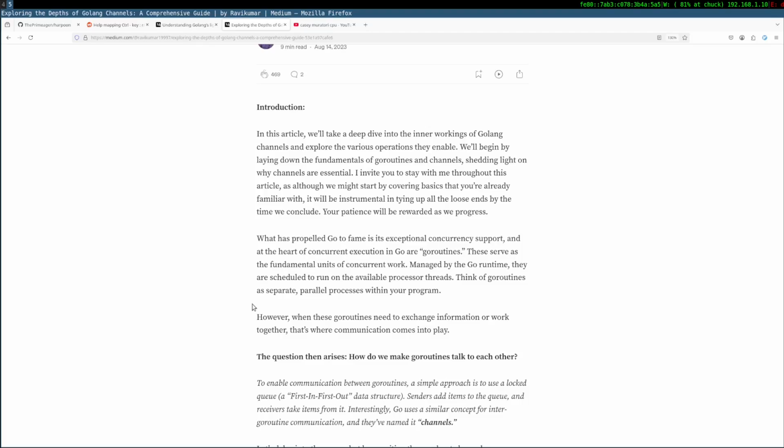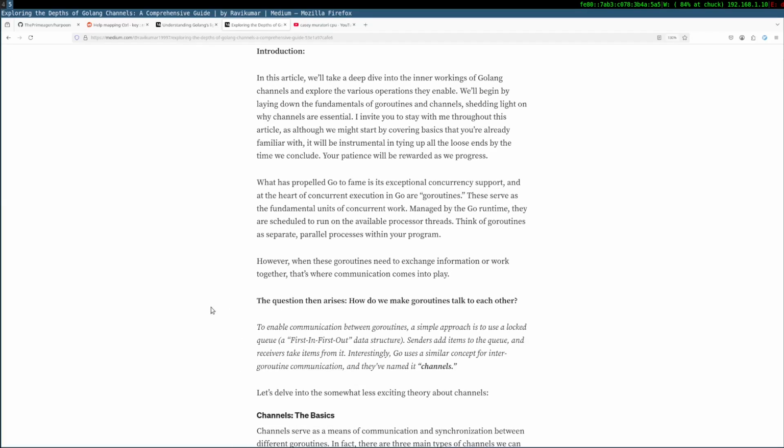However, when Go routines need to exchange information or work together, that's where communication comes into play. How do we make Go routines talk to each other? A simple approach is to use a queue, a first in, first out data structure. Senders add items to the queue, and receivers take items from it. Interestingly, Go uses a similar concept for inter Go routine communication, and they named it channels.